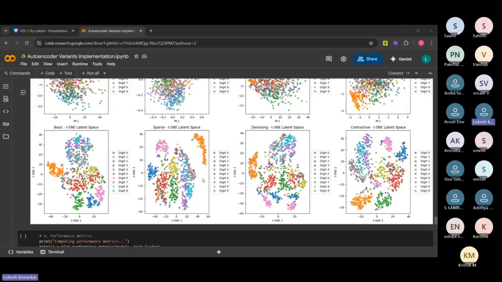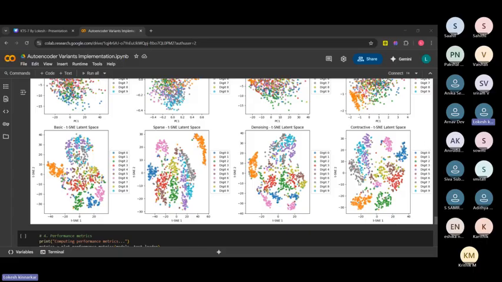So you can see that certain clusters or these certain representations are very far apart from others. For example, these particular points are very far from this, and similar for the pink ones and the blue ones. So it is improving your interpretability. Denoising autoencoder's aim is to give you a better reconstructed output by removing noise from the input data. So it is not essentially giving you a really good latent space representation, but the contractive autoencoder is separating to a much better extent,